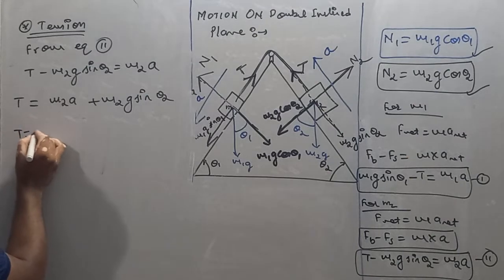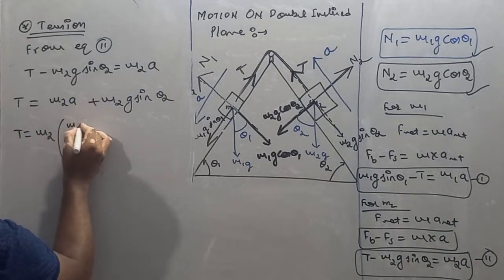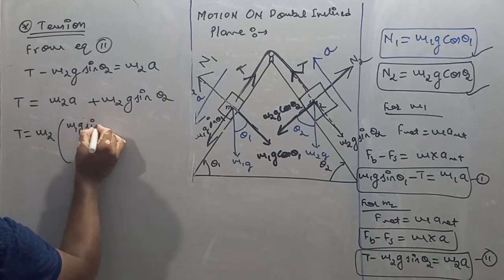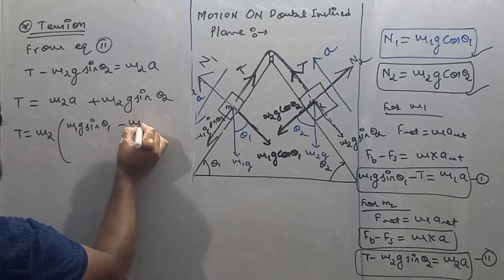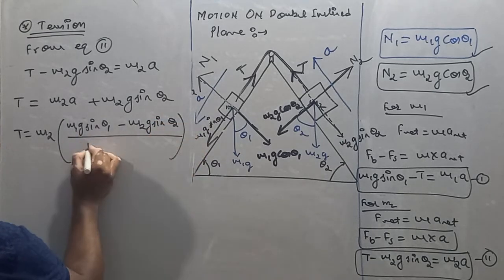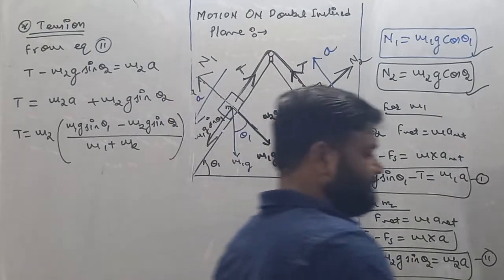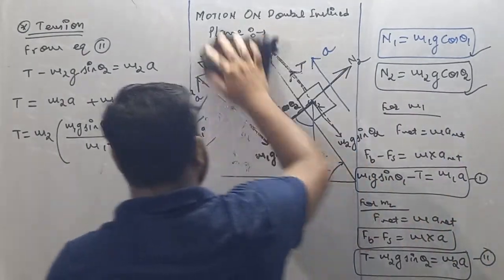So T becomes equal to m2 times a, and we know that the value of a is m1g sine theta 1 minus m2g sine theta 2 upon m1 plus m2, plus